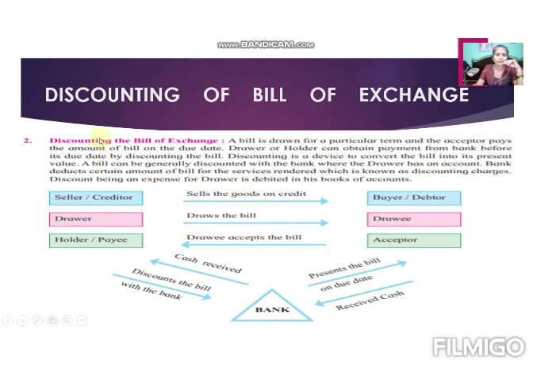But up till now we assume that the drawee is an honest, good person, making payment to the bank, then the transaction ends here only. Understood? So discounting of bill of exchange means handing over the bill, transferring the ownership of the bill to the bank, and on due date the bank gets the payment of the bill. Is it clear? In the next video we will discuss endorsement of the bill. Thank you.